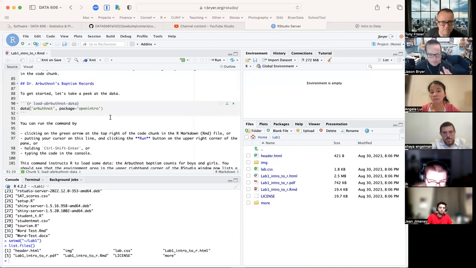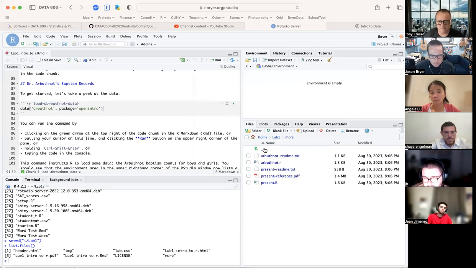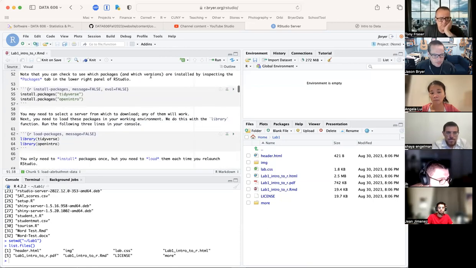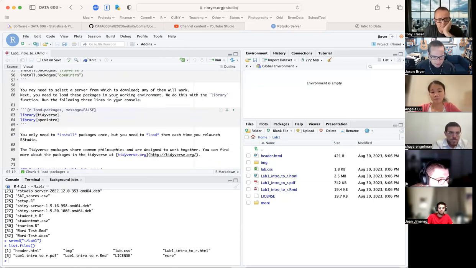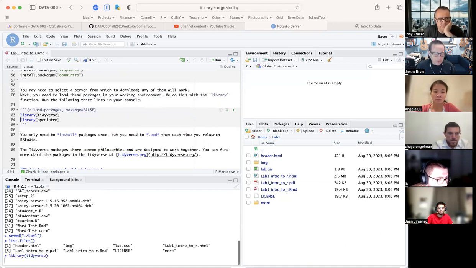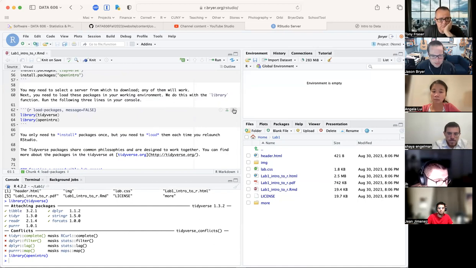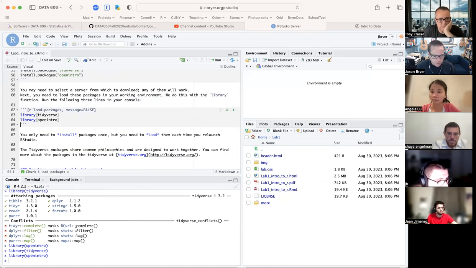So a lot of the data comes, but there will be some later ones that will look for other files or what have you. Now, as you're working through the lab, you can run these commands, right? If I hit Command Enter, or I guess it's Control Enter if you're on Windows, I can run things line by line. I can hit this plus button, which is going to run everything in that chunk. This arrow will run everything up to this point, right? So if you're coming back and working later and you want to get your R session environment set back up,